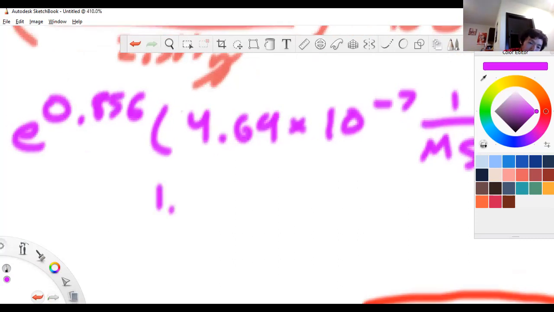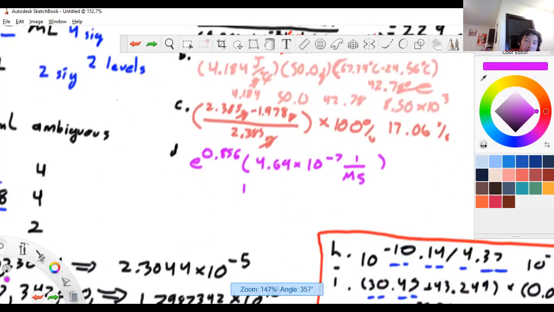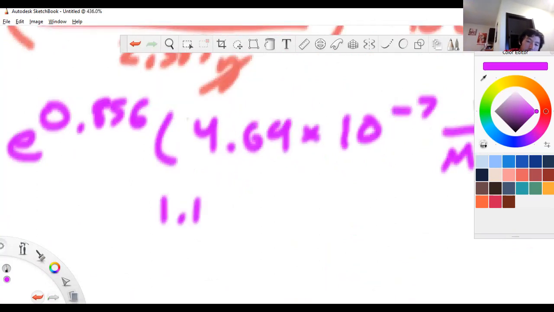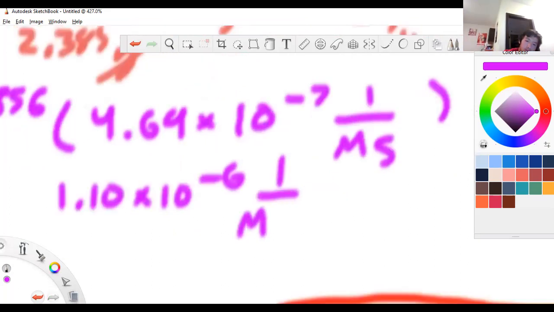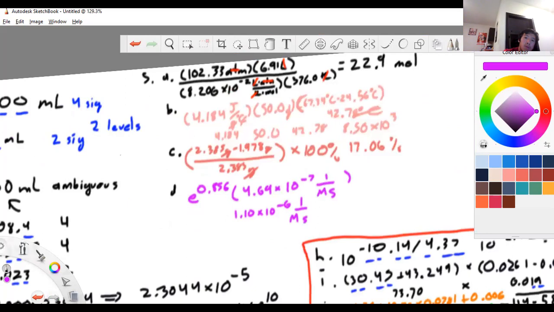And we're left with 1.10 times 10 to the -6th. This is going to be